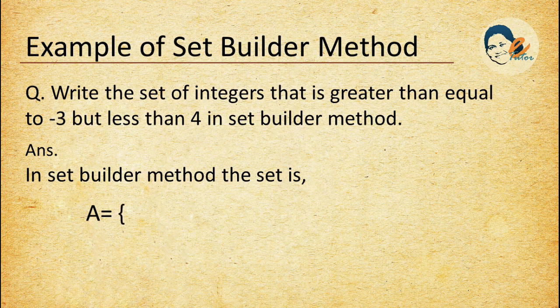Next, the element of a set, X. This is the convention of set theory: the elements are denoted by small letters. Okay, so you can use any other variable, but in small letter. Next is "such that". This colon sign is pronounced as "such that". Then we can write the rule or the formula of the set.